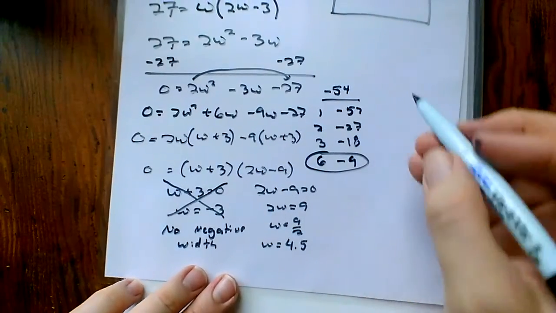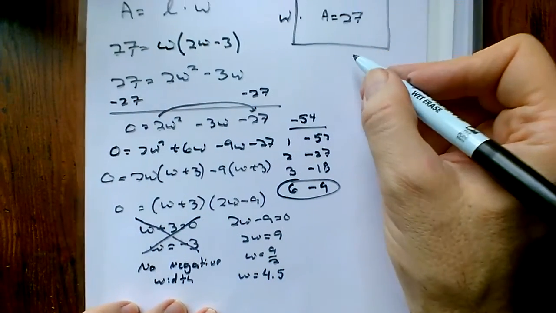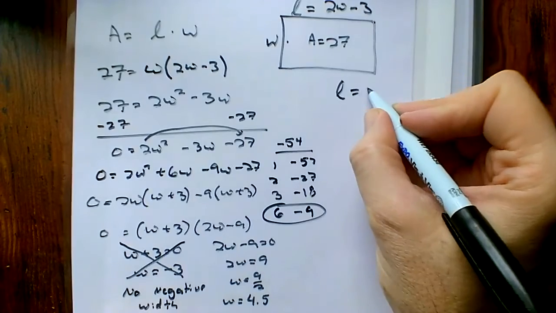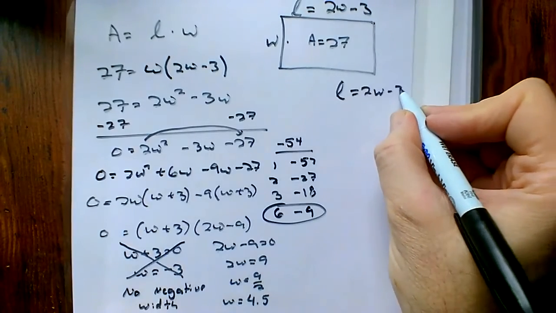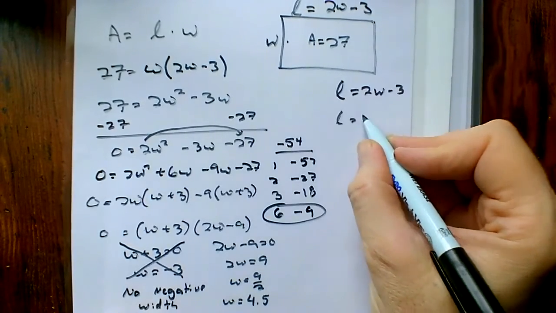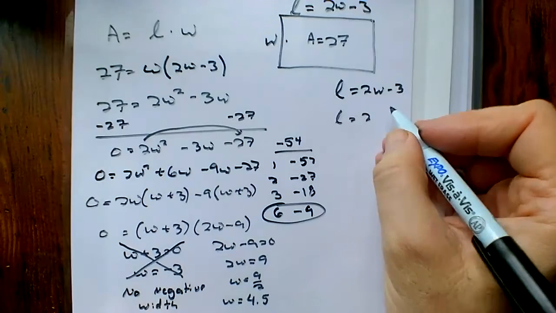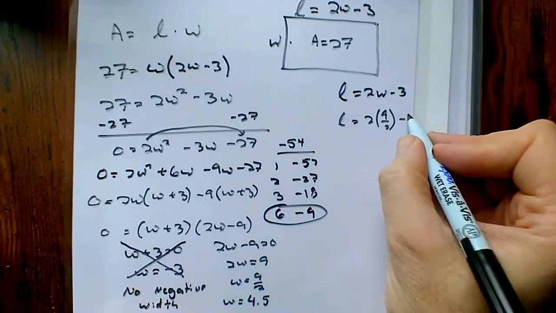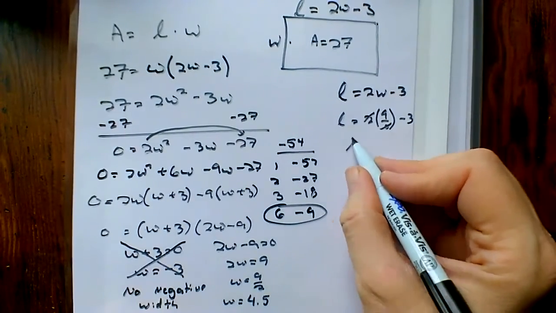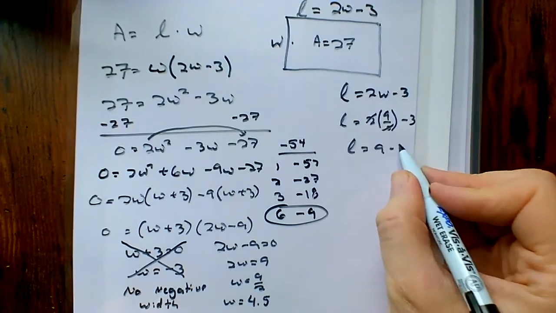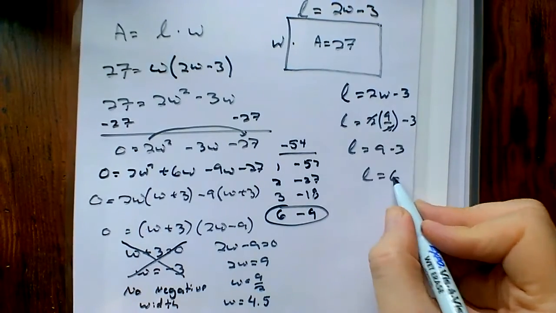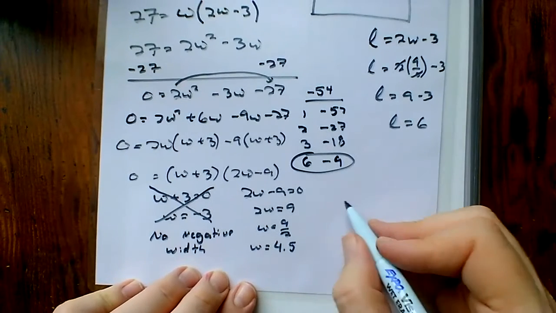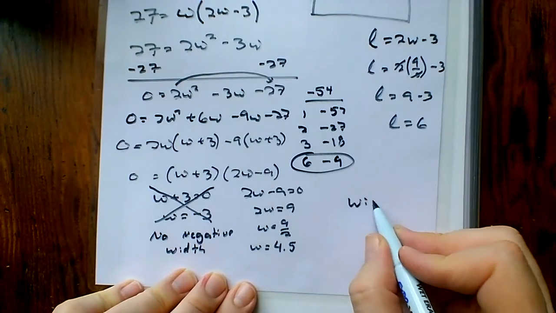And also, I'm going to note that I have my length up here, that this length was twice my width minus 3. So my length is twice 9 halves minus 3. Oh, that's going to be nice. It'd be 9 minus 3. So my length is 6. Almost done. Now we have to answer our question, and we'll have to say that my width